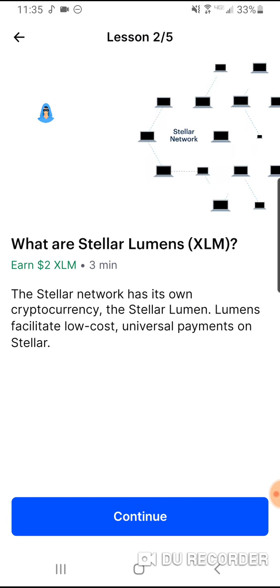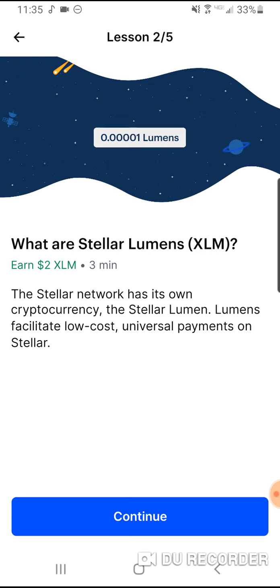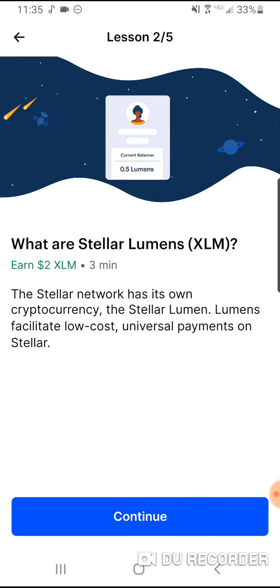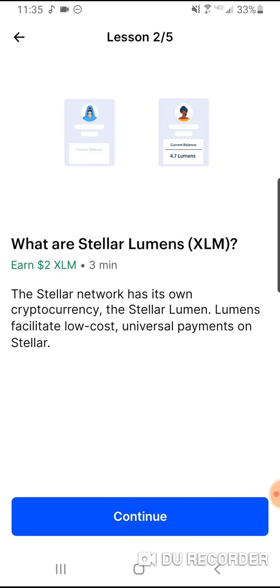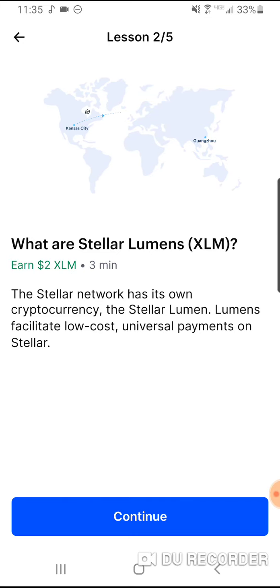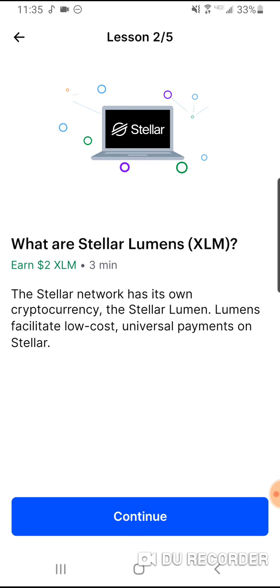In addition to serving as a universal currency translator, lumens also protect the integrity of the network by preventing spam. Transaction fees are paid in lumens, and every Stellar account has a minimum balance too. The transaction fees and minimum balance are low enough that legitimate users don't really notice them, but high enough to disincentivize spammers. Lumens are a critical component of the Stellar protocol. They allow it to be efficient, scalable, and they serve as a universal translator for assets. So you can move funds cheaply, but not too cheaply, with the transparency and security only a decentralized blockchain can provide. That's a big step forward for financial infrastructure, all thanks to Stellar.